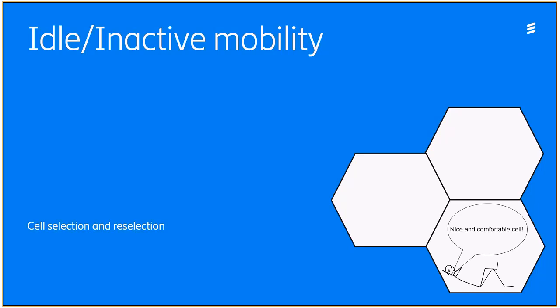Okay. Just to continue from where this seminar is heading. Now Ikarov pointed out quite a lot about connected mode mobility, and now we will move on to the idle and inactive mode mobility, wherein there is not much information available at the network, so it is what we call UE-based mobility. So if you go to the next slide,